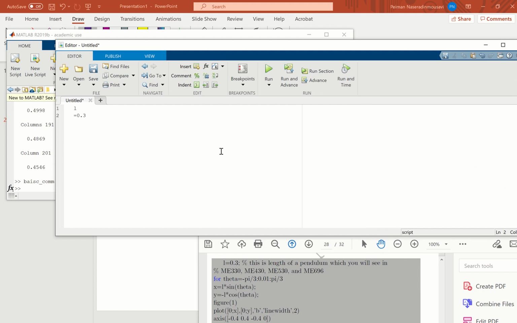First of all, I said that always do CLC and clear all. It's going to be a useful practice for you. Okay, so this is the length of your leg or the pendulum, and semicolon, and put a comment always as a professional code developer. This is length of a pendulum, exactly what I'm writing here, which you will see in